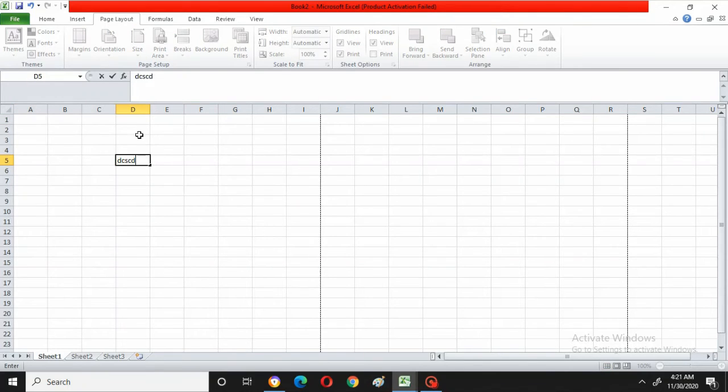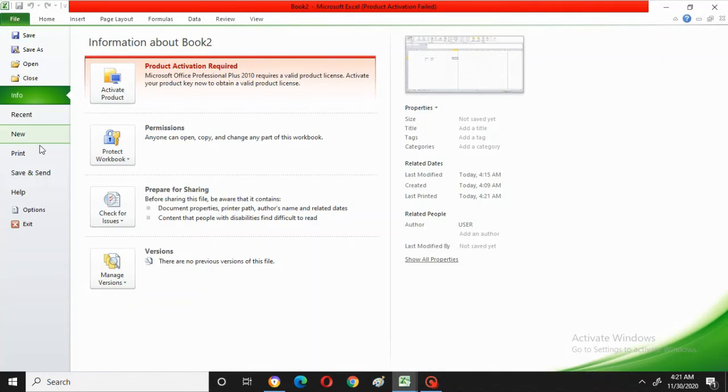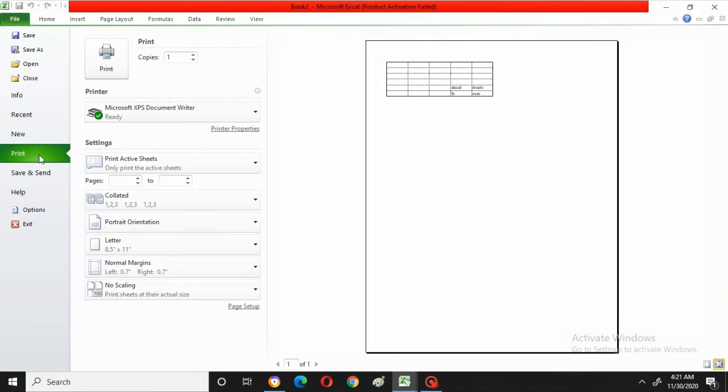I will type something and then go for it. Now go for view and print. Then say print. Can you see that? It is showing the grid lines in the print area, according to the data you gave.